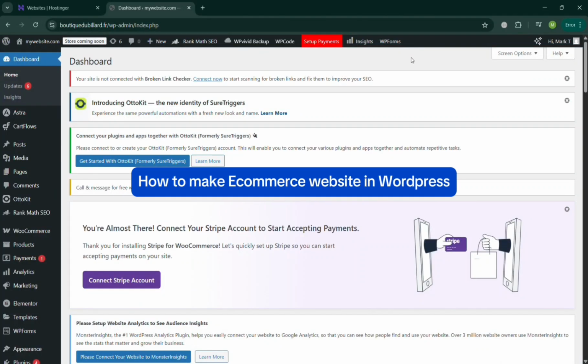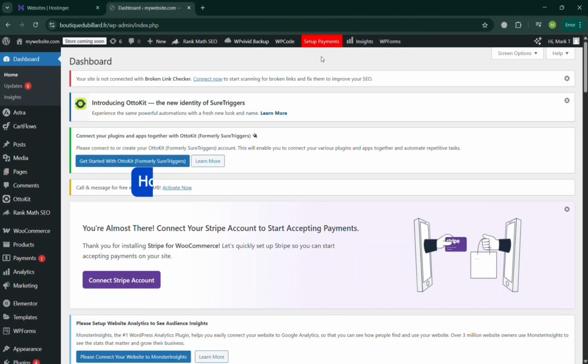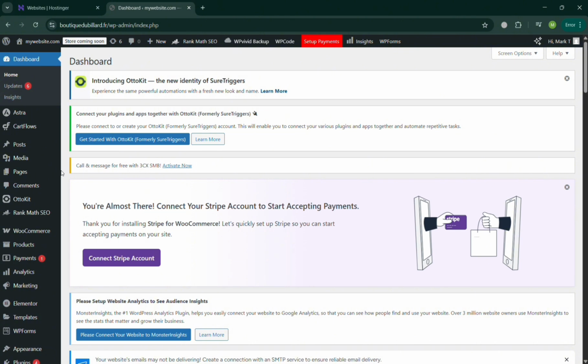How to make an e-commerce website in WordPress. But before that, if you don't know what WordPress is, it is a widely used open source content management system that powers a significant portion of websites across the internet, and it offers a versatile tool for creating all types of websites. So now, to proceed, all you need to do is simply go to wordpress.com and sign